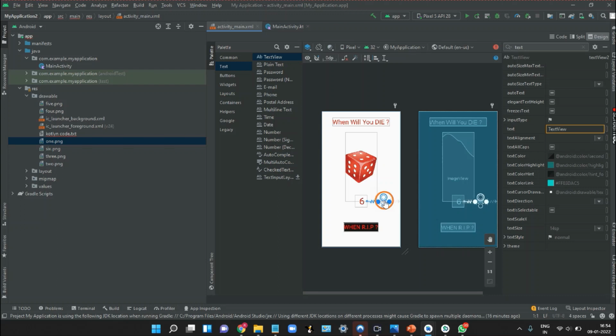Now let's connect the upper and bottom dot. First of all, let's connect this bottom dot with our bottom corner and the upper dot with the upper corner. Okay, so let's bring this down.